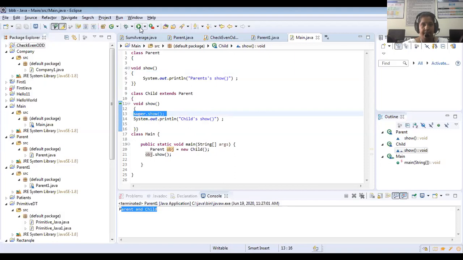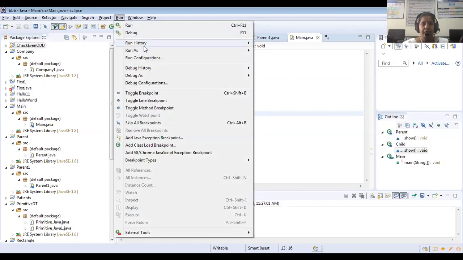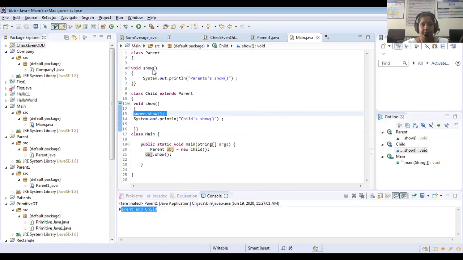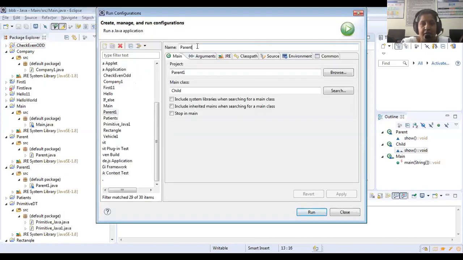We will check. I will give the main run configuration. You see here, main. My project also I have created as main. Then it is easy. If you give the project name and class name the same, it is easy for you. Main.